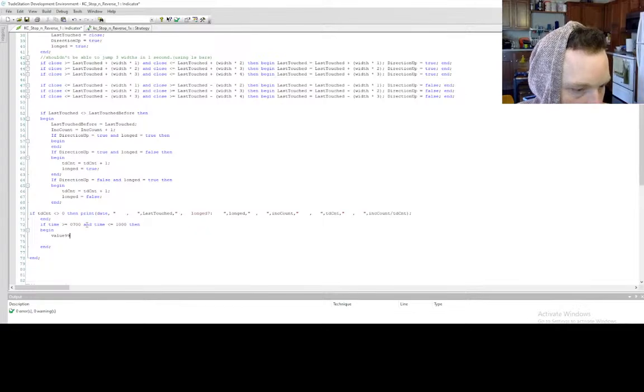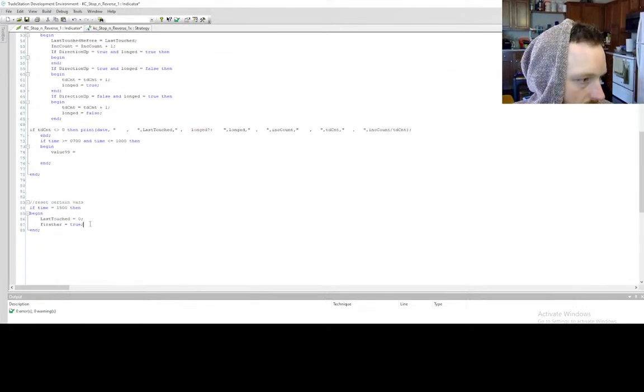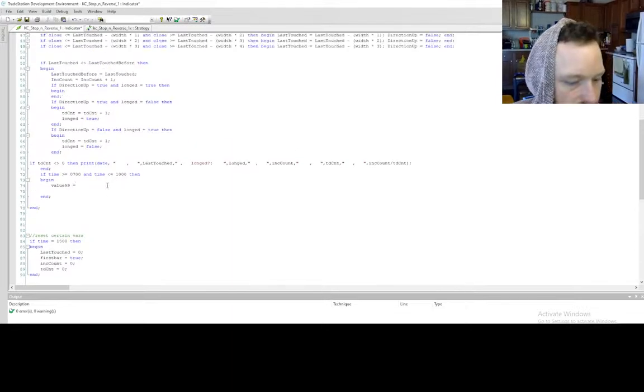Value 99. Oh yeah, I would just reset all at the end of the day. I would reset the increment count and the trade count so we can start over. I don't want to compare day to day, not yet. Value 99 is simply if time is greater than or equal to 7. Yeah, if time is equal to 0, 7, then